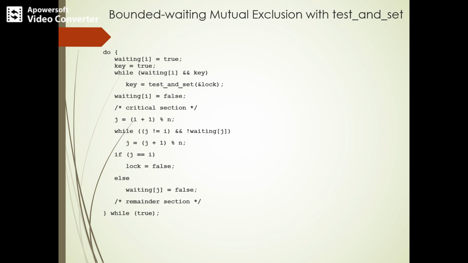Here we have seen the test and set instruction that was purely a hardware solution for the critical section problem. Test and set of p comma q means that the instruction reads the value of q, which may be either true or false. Then the value is copied into p, and the instruction sets the value of q to true. Test and set is a single individual machine instruction, and in one machine cycle it tests to see if the key is available, and if it is, it sets it to unavailable.